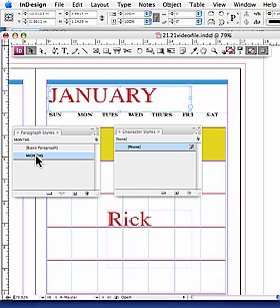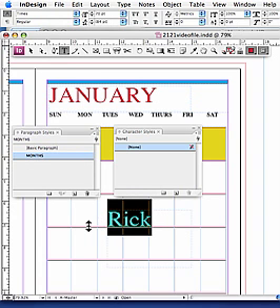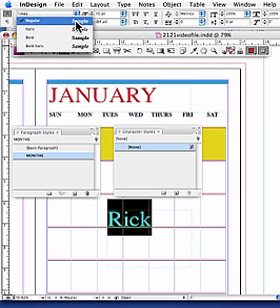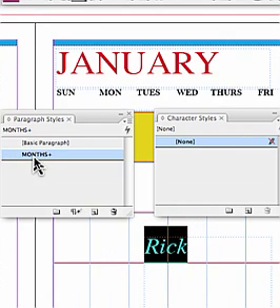A very important part of style sheets is that students have a tendency to set them up and then not use them appropriately. Most often, students will come in after they've created a style and change it. They will change the color or the size or some aspect of the text. Let's say I'll make it italic and I'll make it smaller. And now when I look at the style sheet,